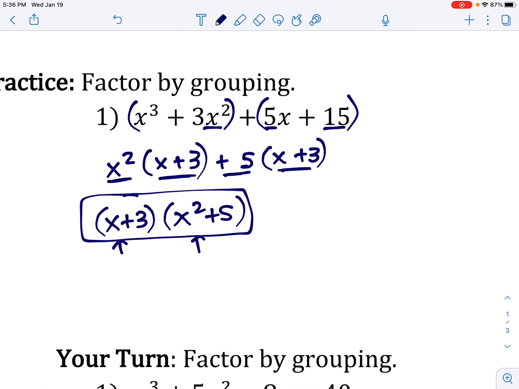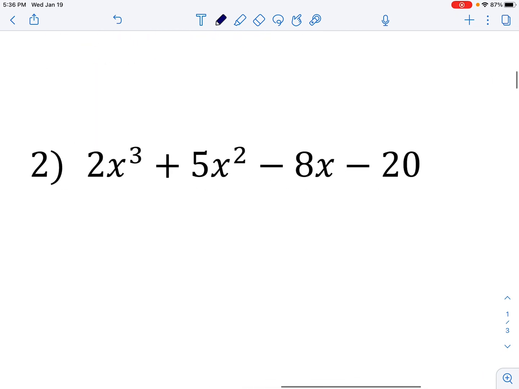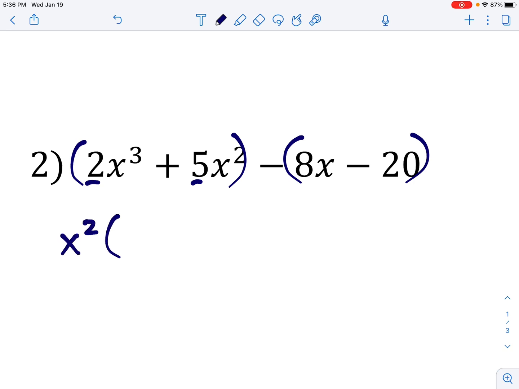All right. Number 2. I'm going to put my parentheses in the first set and my second set. I can't take anything out of 2 and 5, but I can still take an x squared out so that I'm left with 2x. Oops, let me erase that. 2x plus 5